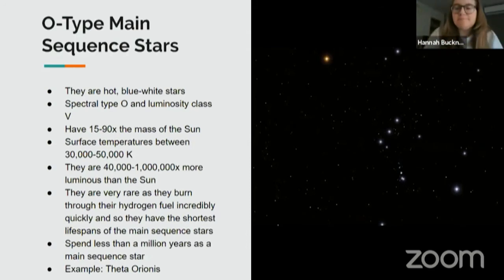Yeah. And then there's just a second question. What is the biggest star that maybe we know of? Because it sounds like you're talking about very large stars here. Is there one that we can point to? One that I can think of off the top of my head is Betelgeuse.